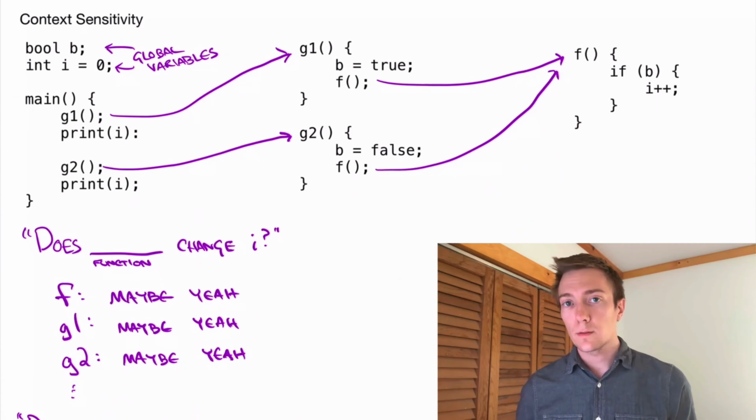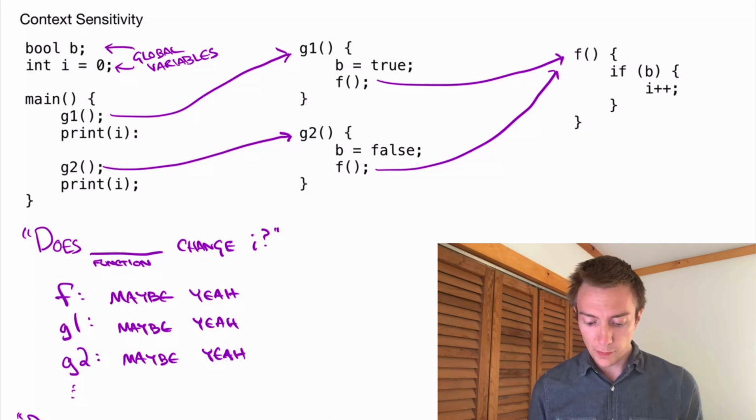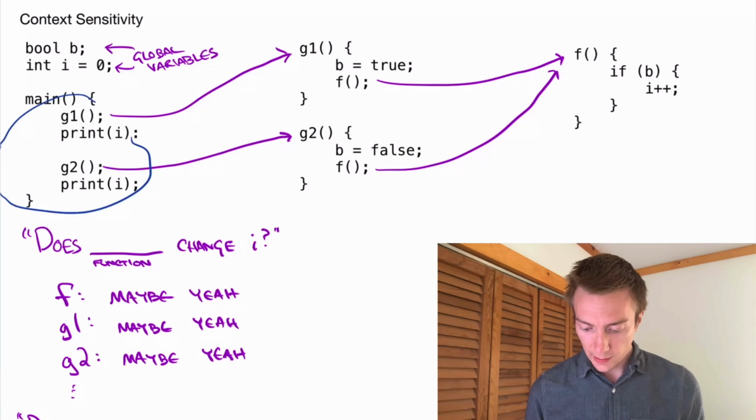context sensitivity. Roughly speaking, context sensitivity is about using contextual information to disambiguate different cases of executing the same code. To illustrate this point, I'm going to show you this somewhat nasty program that uses mutable global state. Please forgive me, it's a very contrived example, but I'm trying to demonstrate the possibility for eliminating dead code in this program. So to give you a brief overview, we've got this main function that calls G1 and G2, and